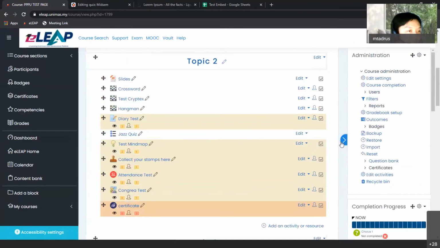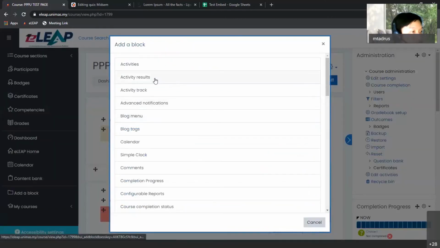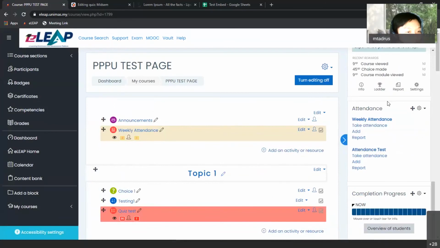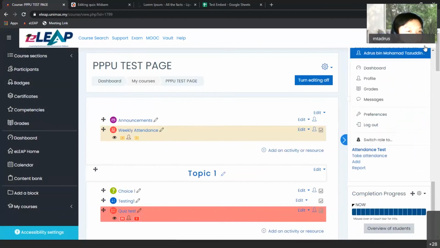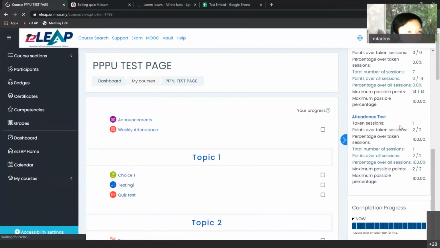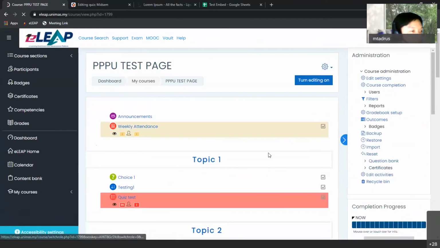And the last one is the attendance. For attendance, you want to add a block. I already added it. It is somewhere up here under attendance, A. So you can see the instructor view is something like this. If you change it to student, you can see something like a percentage, like this. And as a student, let me show you how to